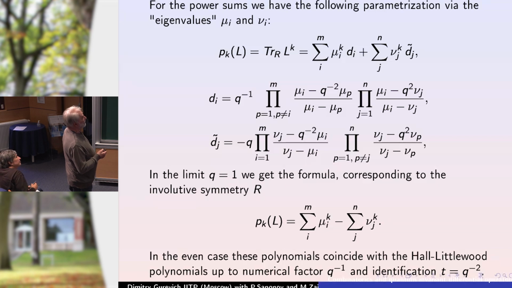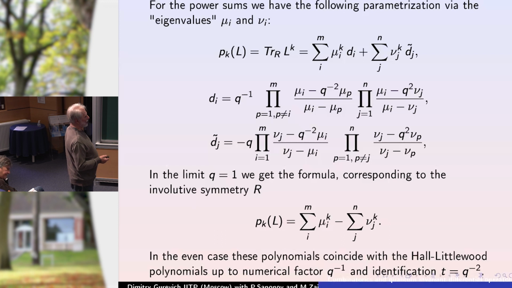We have the following parameterization via the eigenvalues mu and nu for power sums, where the coefficients are as follows. If we put Q equal to 1, we have the following formula, which is well known for the super case. But I would like to note that these polynomials are just Hall-Littlewood polynomials. In the even situation, it is almost Hall-Littlewood polynomials up to this factor and this notation, because